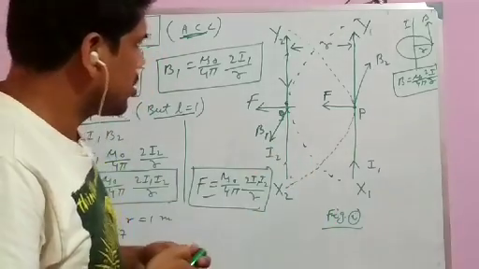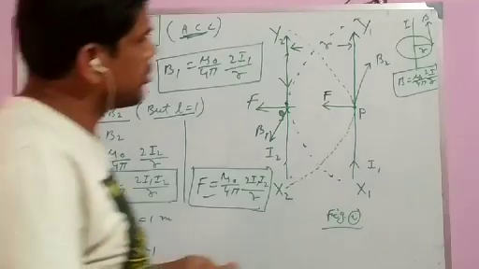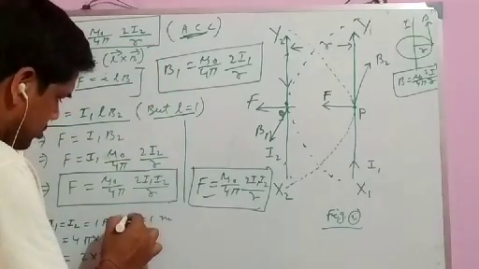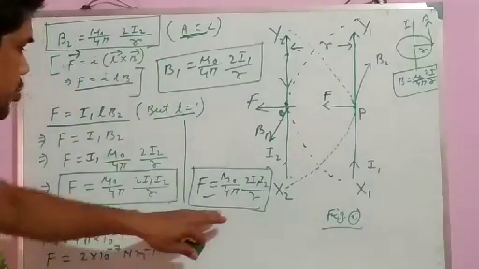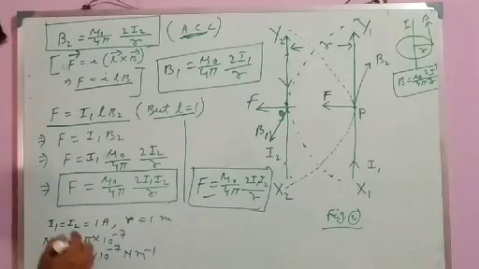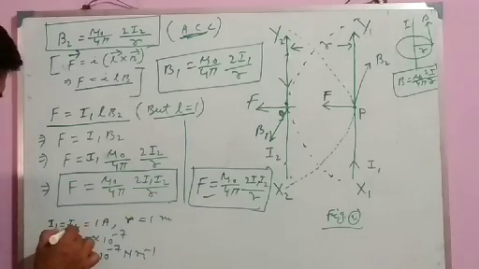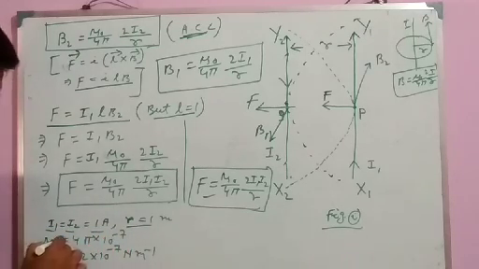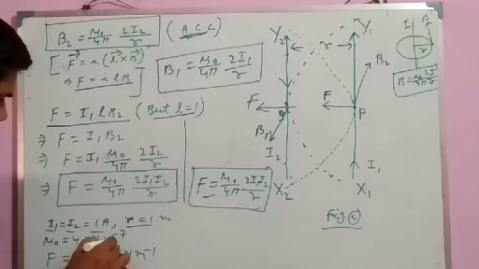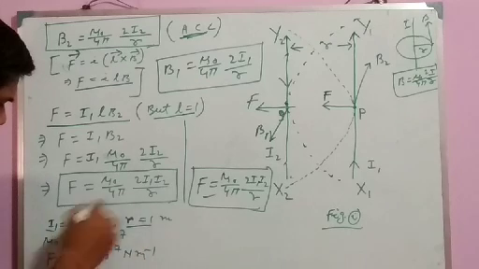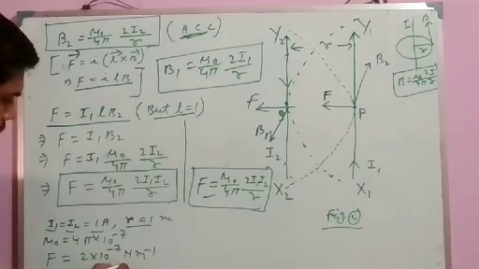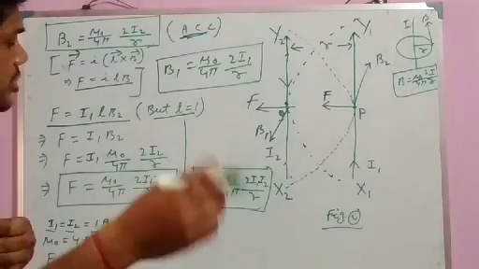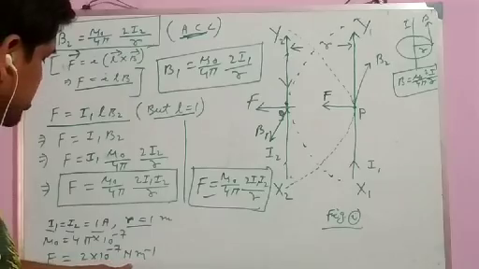Okay. Next we have to define the ampere. It means the definition of 1 ampere using this formula. If we consider I1 equal to I2 equal to 1 ampere and r equal to 1 meter, and we know the value of mu naught, the permeability of free space, is 4 pi into 10 to the minus 7, then putting in all these values we get F equal to 2 into 10 to the minus 7 Newton per meter. Here we are finding the force experienced per unit length, so the unit is Newton per meter.